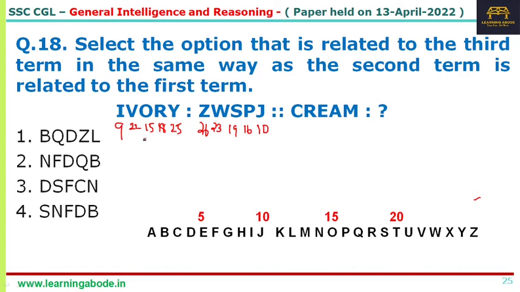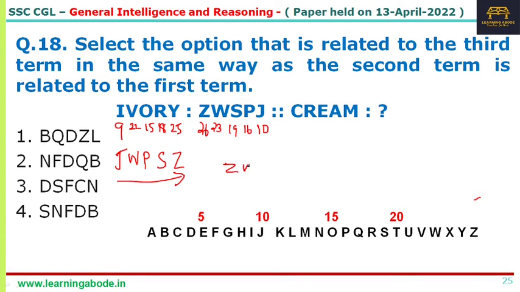Now that is I, you take the next alphabet, that will be J, V will be W, O next is P, R next is S, Y is Z. So they have taken J, W, P, S, Z, then they have sorted it in the kind of reverse alphabetical order, so that they have written this, they have sorted and written as